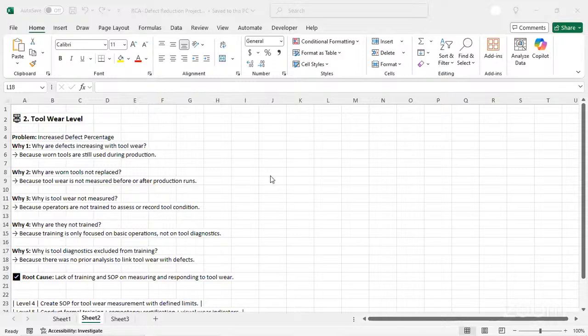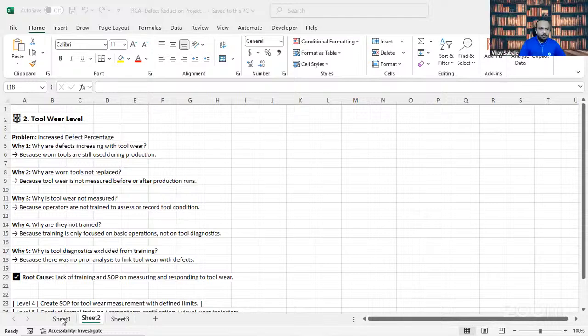Let me just share the screen. Let me know if you have any question till the file is getting open, or maybe you can share something related to your work. Can you see my screen? Yeah, it's coming up. Yes. Yeah, I can see. Okay, great. So let me click on sheet number 1.